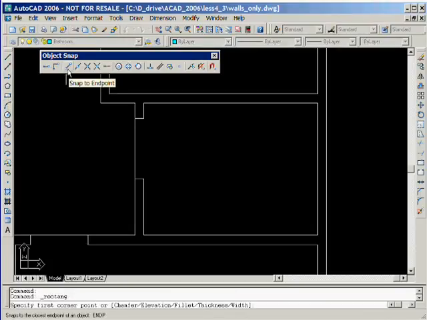The first object that we'll draw will be a rectangle that represents the outline of the bathtub. We'll start by clicking on the rectangle icon. And then we'll click